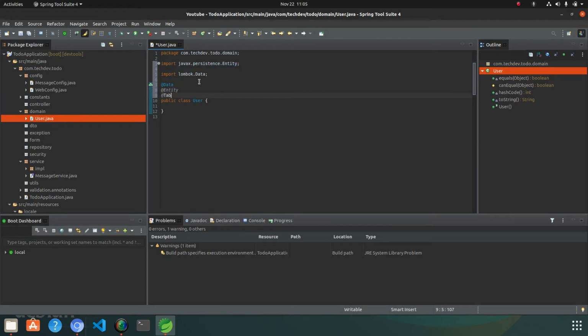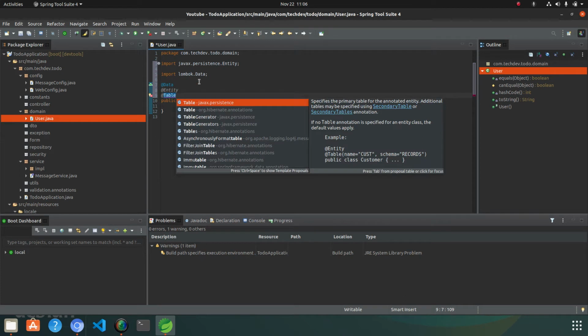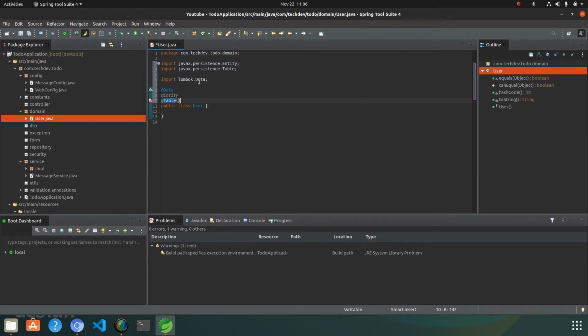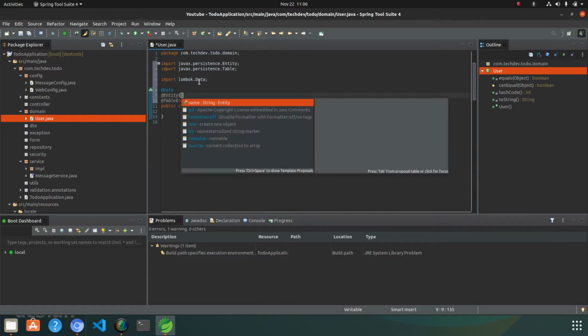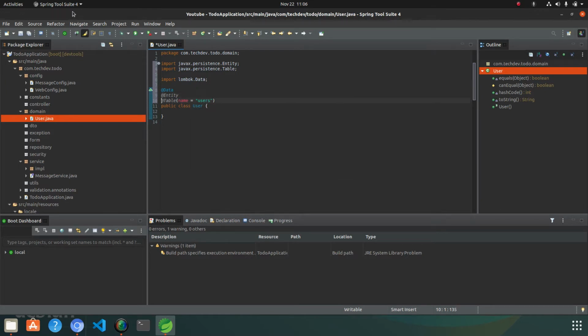Add @Table. The name of the table created inside the database will be users, and the entity name will be the default name.